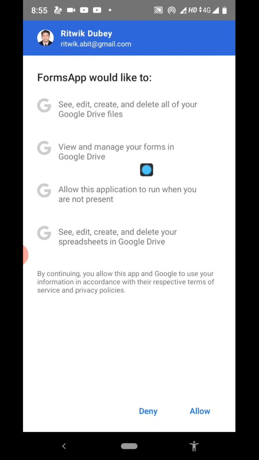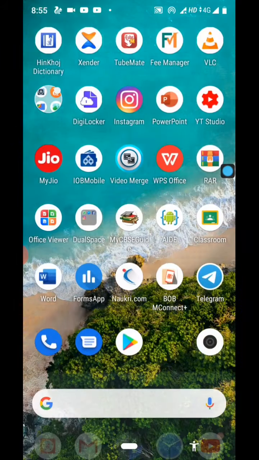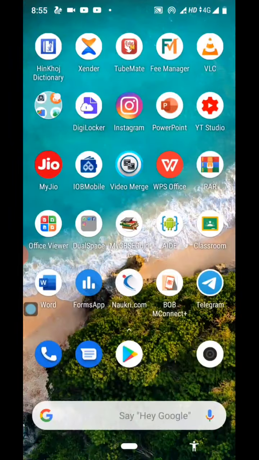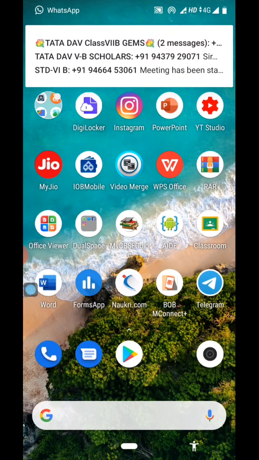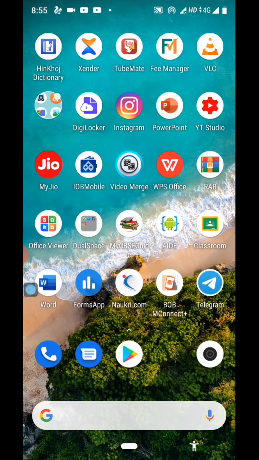This is risky because this is a third party application. Which one? This Forms app is a third party application. What is the meaning of third party application? For example, I am the customer and I am using the features or some tools, technology of Google company.